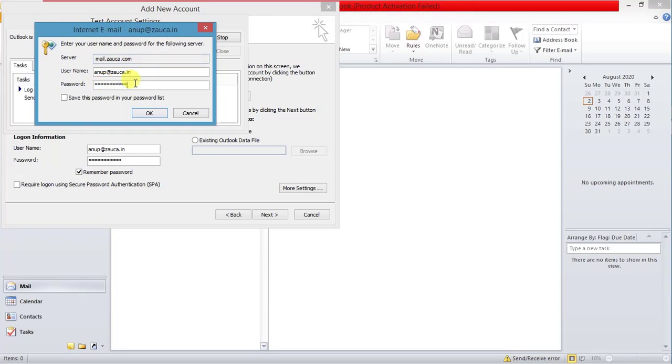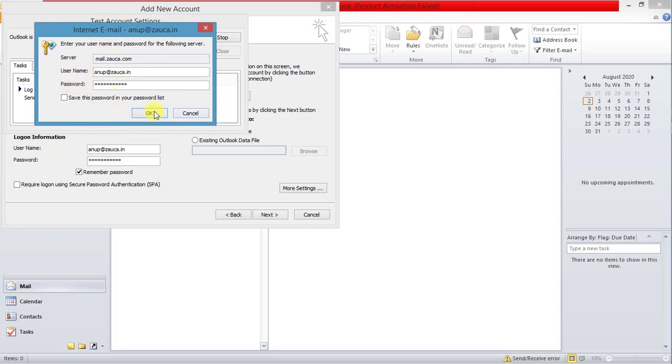Okay, there is no issue with the mail server, the hosting provider company, or anyone, or even with your Outlook. This is only happening because you have entered the wrong password. It may be your wrong email ID also. In case you are entering a wrong mail ID, then also this kind of pop-up will come. It is asking to enter the correct password. Okay, and if you are not entering the correct password, it is not at all going to connect.